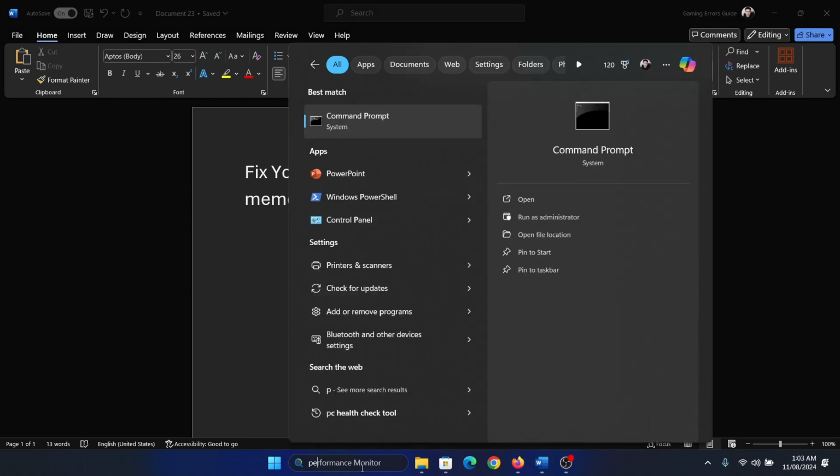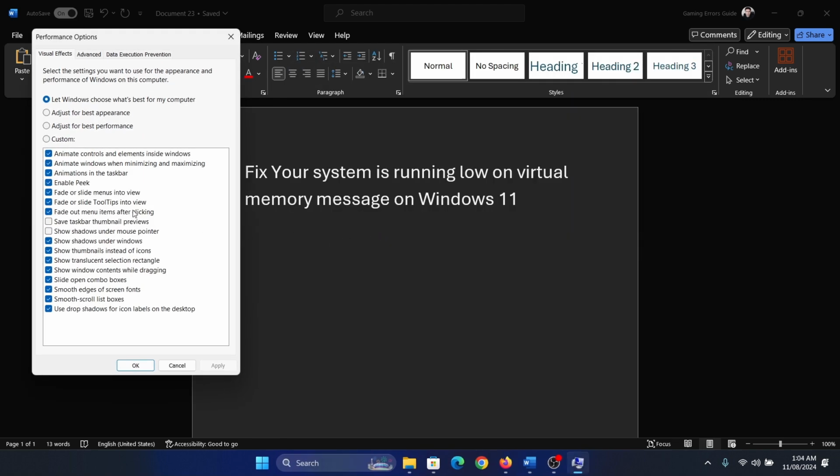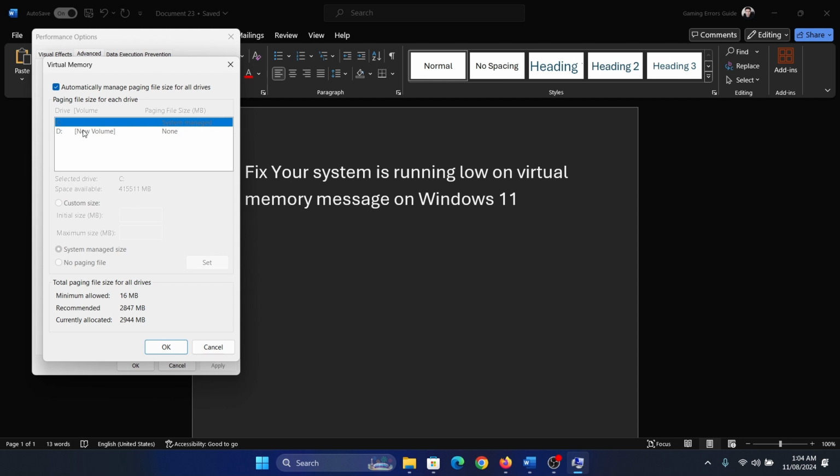Search for performance in the Windows search bar and click on adjust appearance and performance of Windows. Now go to the advanced section and then under virtual memory click on change. Okay, uncheck this box, automatically manage paging size for all drives, and then go to custom size and then make it a very high size,